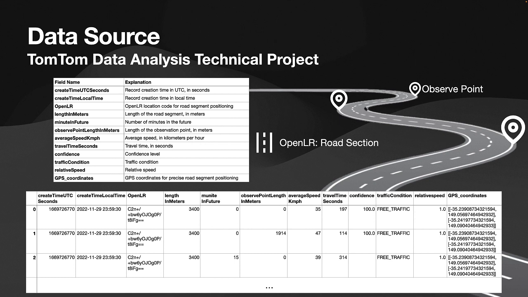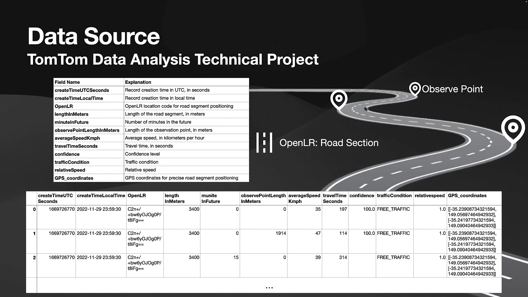For the data, TomTom records the average speed and the relative speed of one or more vehicles traveling on a road segment belonging to a specific OpenLR code at a specific time point. At the same time, it also predicts the road conditions for the next 45 minutes. This information is recorded as a piece of data, including fields such as the time when the record was generated, OpenLR location code, road segment length, future minutes, observation points length, average speed, travel time, trustworthiness level, traffic conditions,